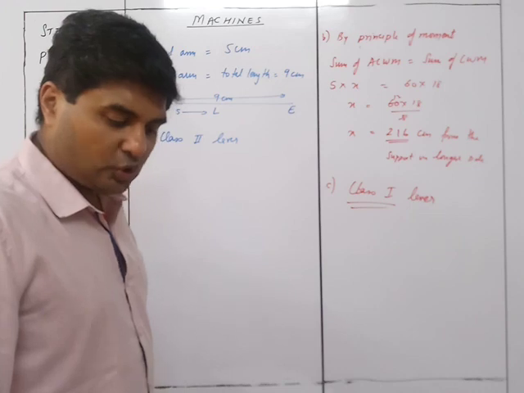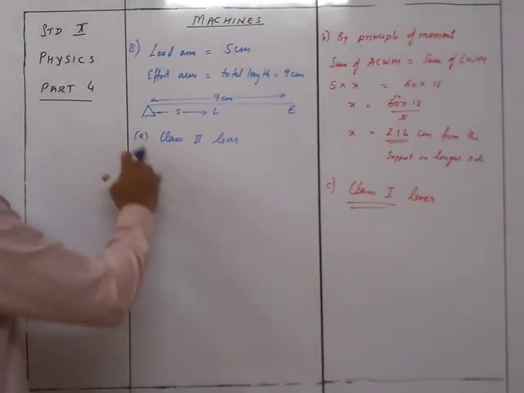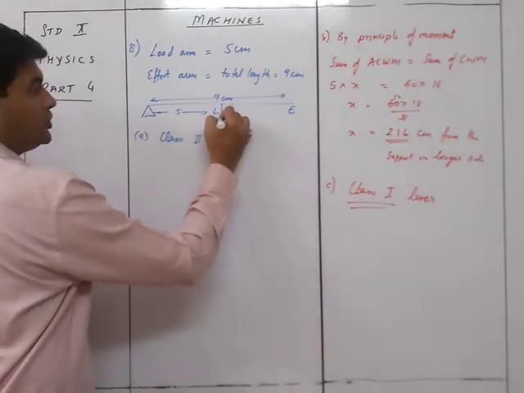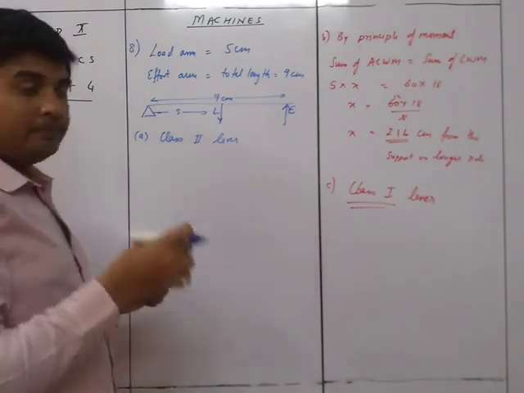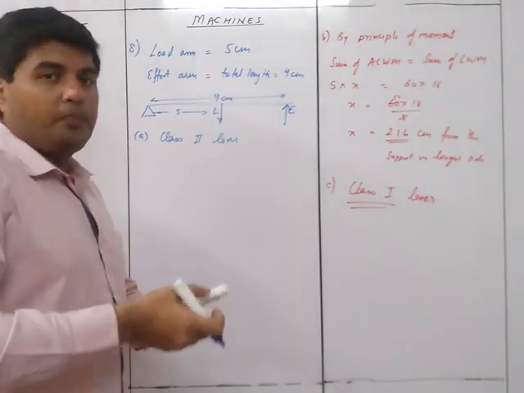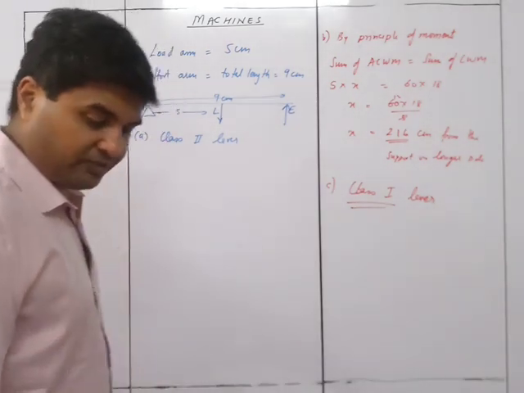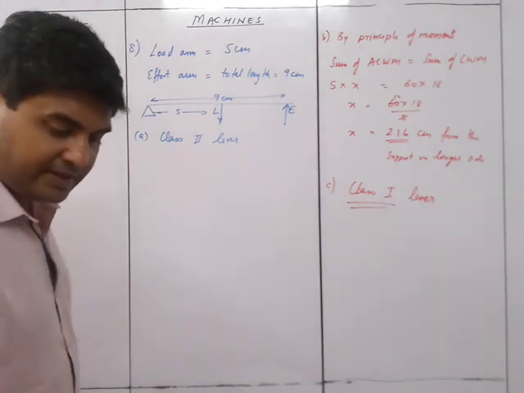Draw the diagram of the lever showing the position of fulcrum and direction of both the load and the effort. So yes, this is there. The load over here will be acting downwards, but the effort will be acting upwards. Load is acting downwards, but you need to pull it up, so effort will be upwards because the fulcrum is over here. The next thing is C part.